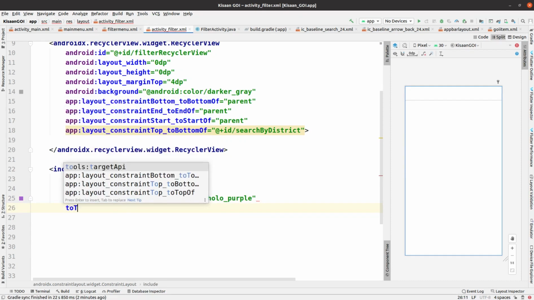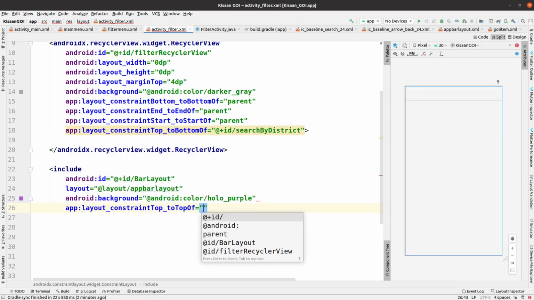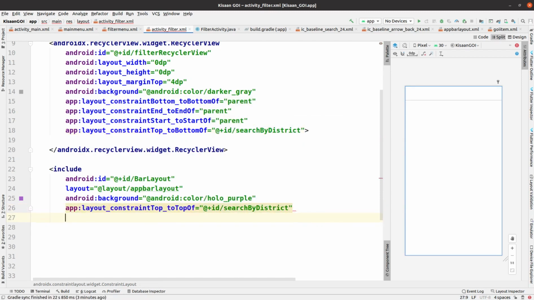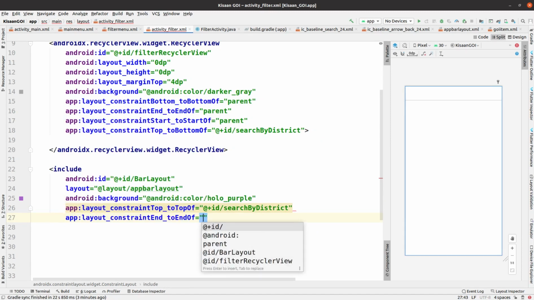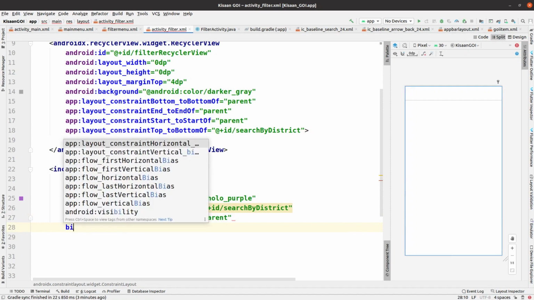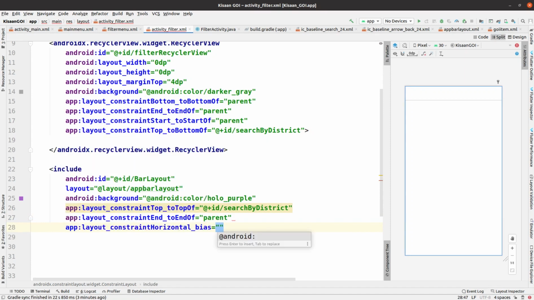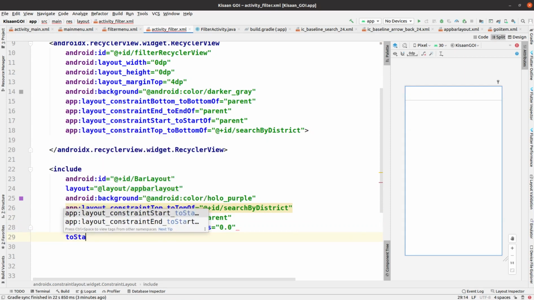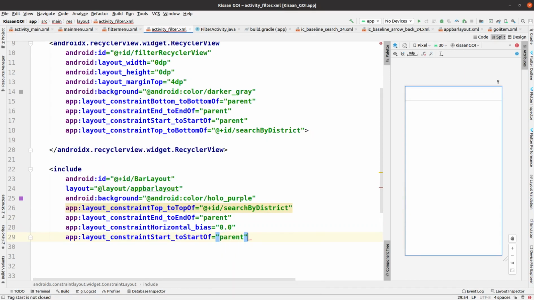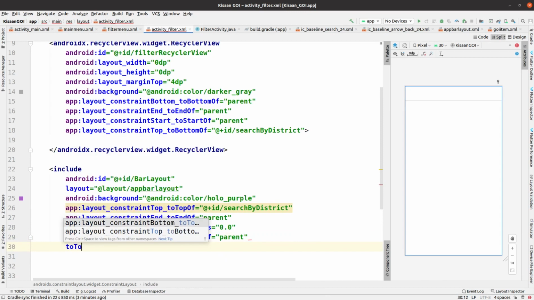What we have added is the layout and the layout reference, then the background color, and now I am adding the properties which are necessary for the parent constraint layout, so that it can adjust according to the parent layout or the particular layout whose ID you have given under these properties.